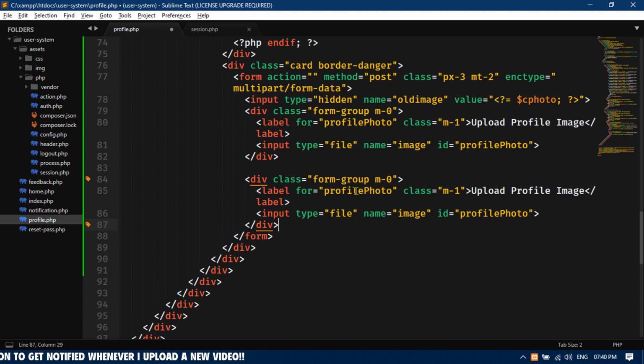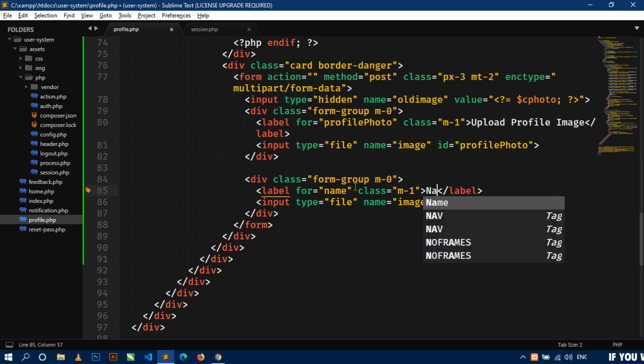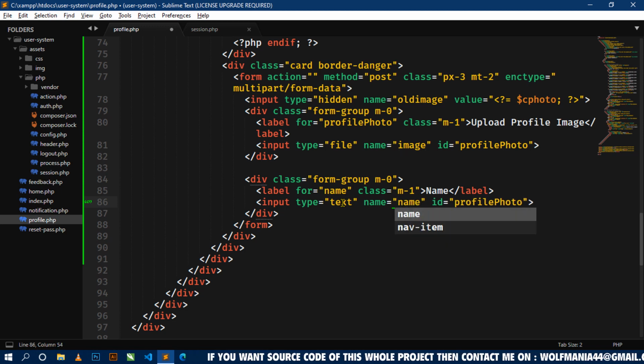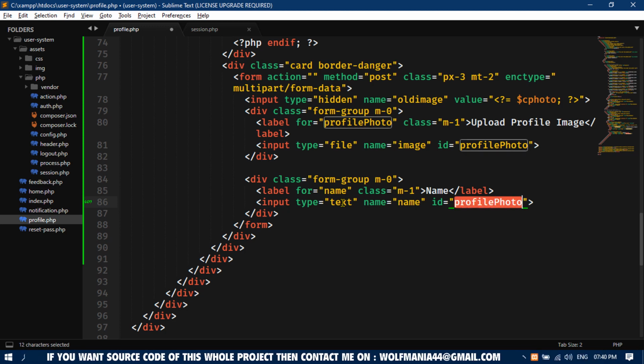Now this time I will use for name, so just write name here, and here also just write name. Just change the type to text, and the name attribute value will be name, and id will be name,